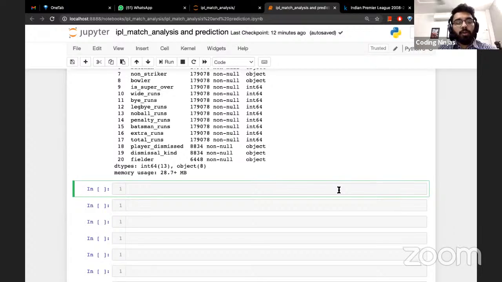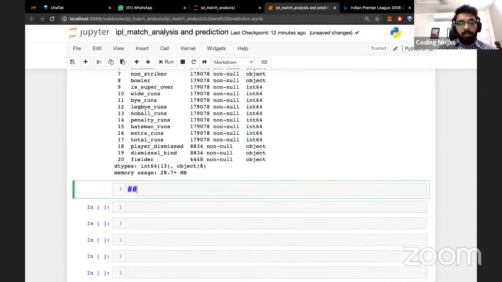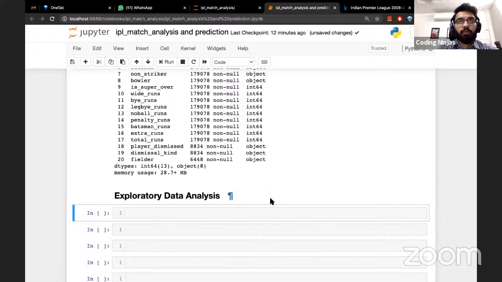Now, the next thing that we're going to do is exploratory data analysis. So let's quickly add a heading. Exploratory data analysis. So here we're going to look into a bunch of things. First we'll try to look at all the teams in the teams and the winner column. So here let's quickly check